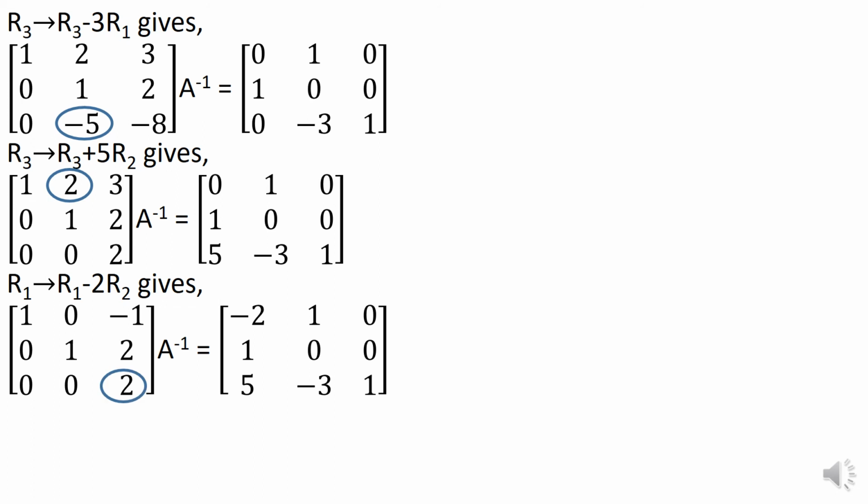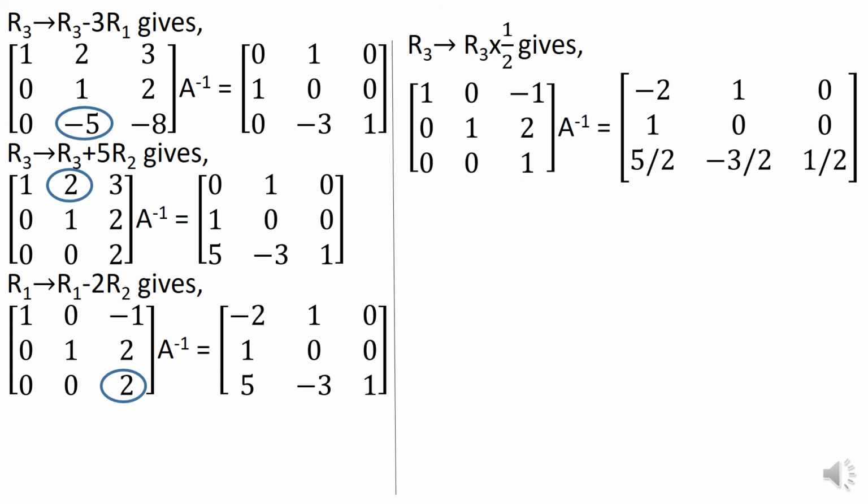Then we want to convert this 2 as 1. This can be done by multiplying with the reciprocal. So R3 into 1 upon 2. We get over here 1 in the correct position. The entire R3 changes because of the transformation. On the RHS, we are getting fractions.